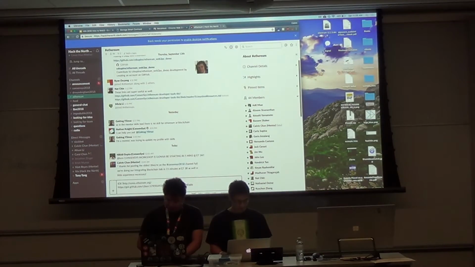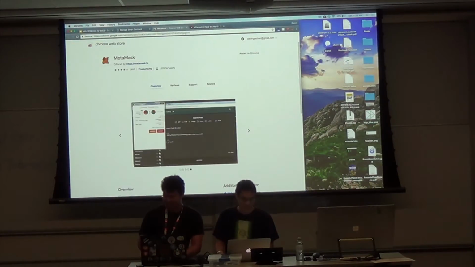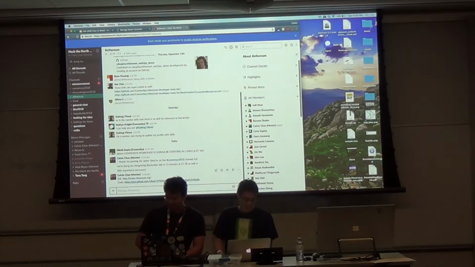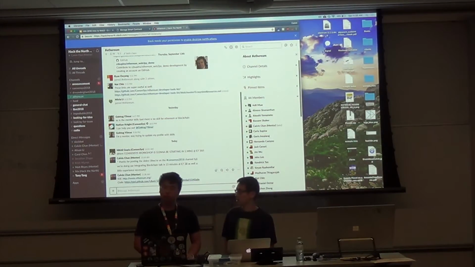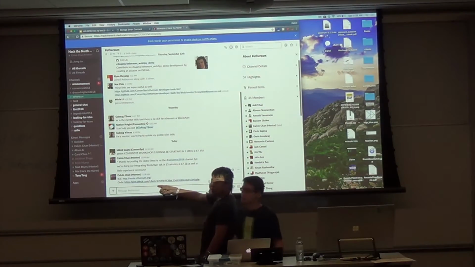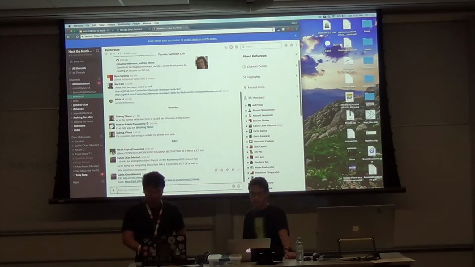Good progress. It's a very manual process. Probably should have written something to make this easier. But we finished this at 4 a.m. today, so don't expect too much. Yep. So we just posted 4 links. One will lead you to the Remix IDE, and that's where you can write your smart contracts. Basically, copy and paste the code from this into this IDE. Yeah. And we'll show you guys what to do in a second.